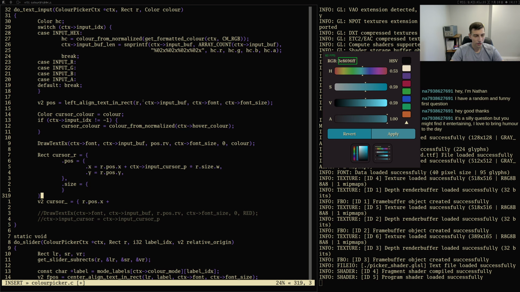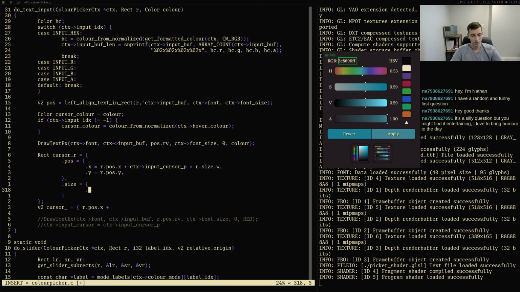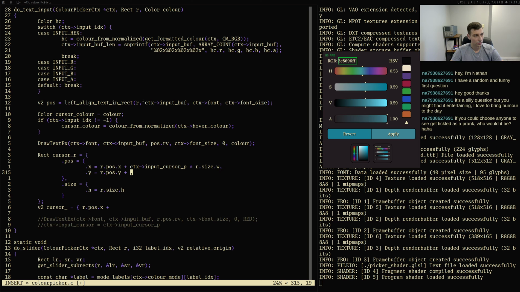Okay, so this size is going to be r.size.height, r.size